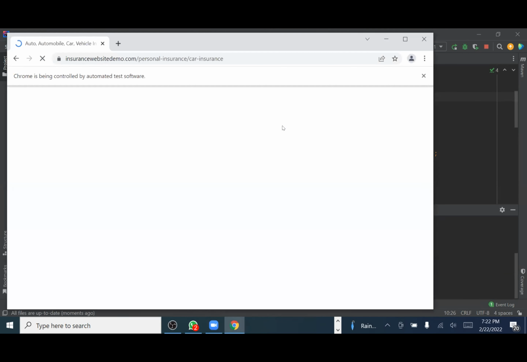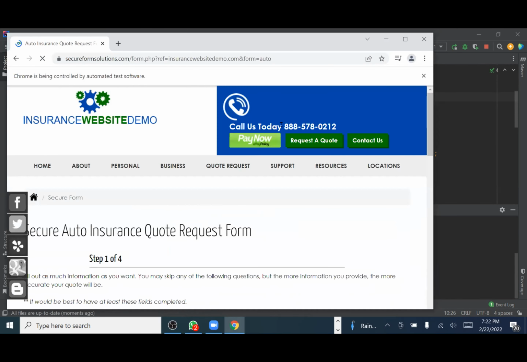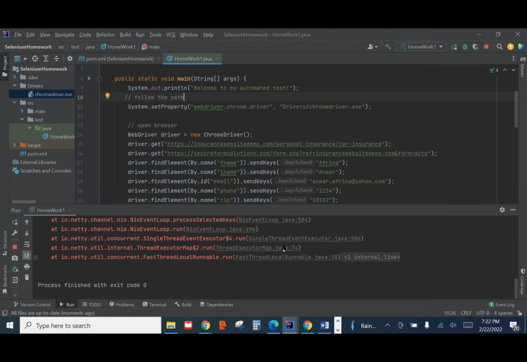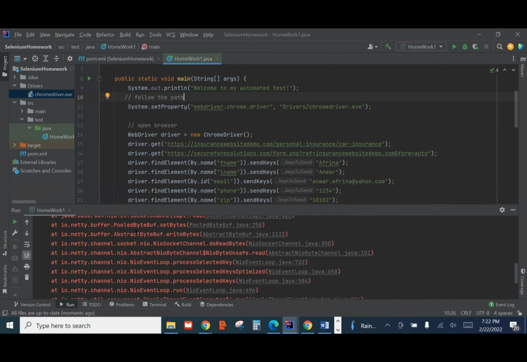All right, so see, it's opening and it's going in there. The reason why this is fast is because that's how we want it, right? Because otherwise it wouldn't make sense to automate if it's slow. And then remember yesterday we had some issues with the